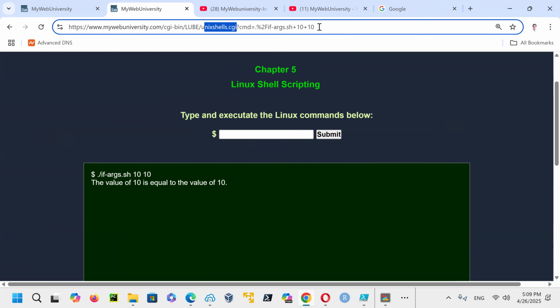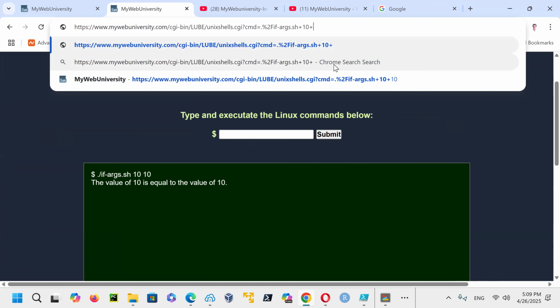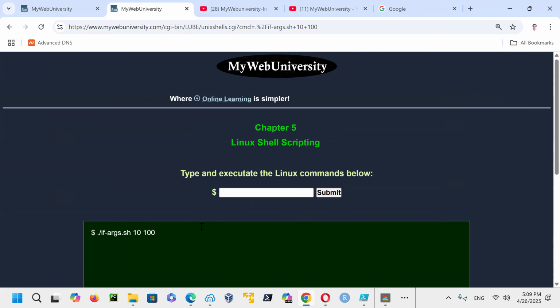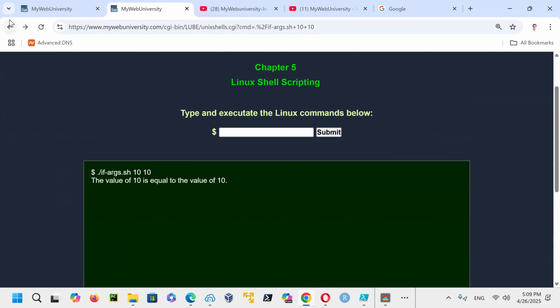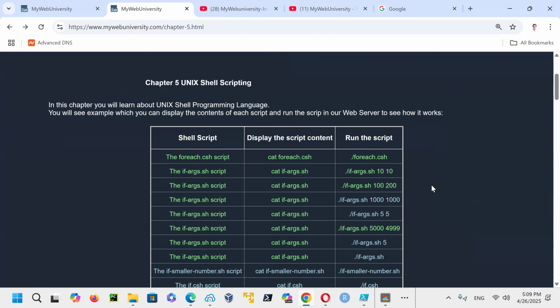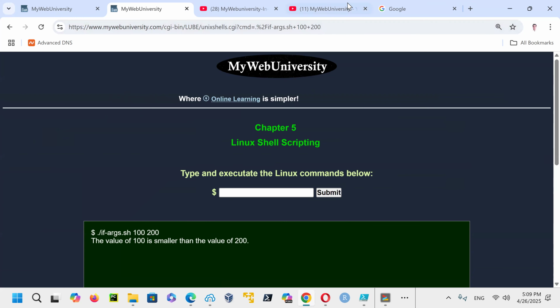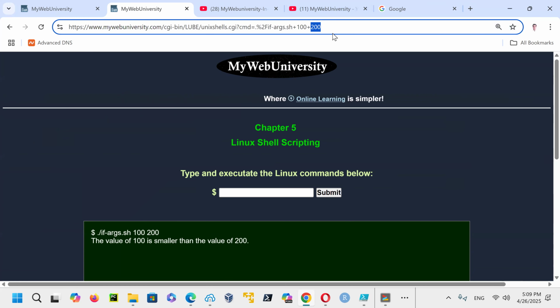Now 10 and 10 is matched. If you look at 10 and 100, then it's not going to do that one because I didn't program it for that purpose to compare. If you do 100 and 200, yeah, I programmed it. So 10 and 10 was there.